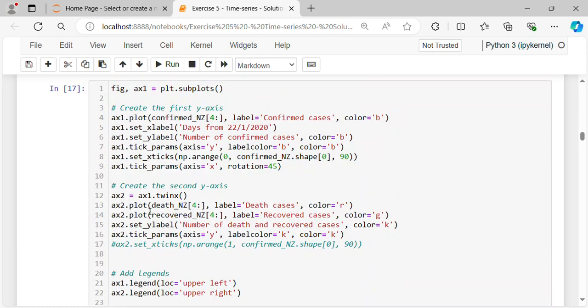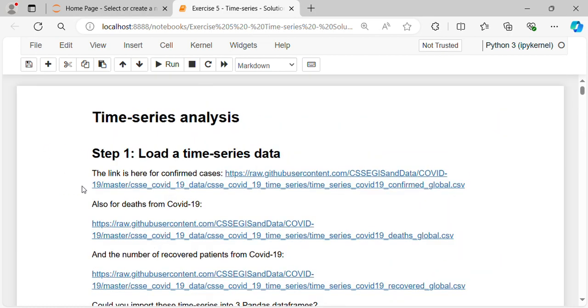We had imported time series data from the website for confirmed cases of COVID-19, death cases, and recovered cases, and then